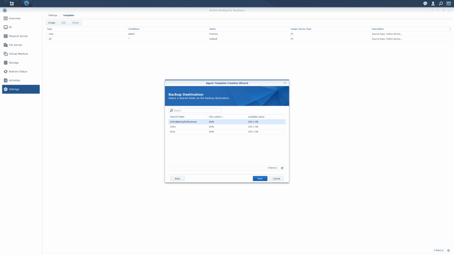Alrighty, so this next part of the wizard is just where I want to store it. I'm just going to use the default folder. For the backup option, you can back up the whole computer, you can back up the external hard drives, so uncheck that if you want, or you can back up just your Windows partition. For the task settings, this is referring to compression and encryption in transit.